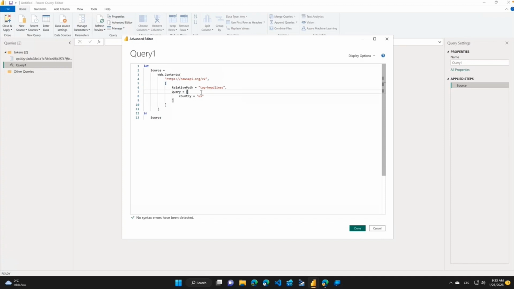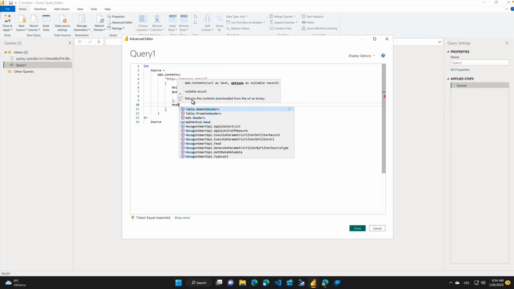And again, we're not using the question mark because between the base URL and relative path, Power BI will add the slash, and between the query and any previous part, it will automatically add the question mark, so we don't need to provide it. And after that, we can set up our headers,